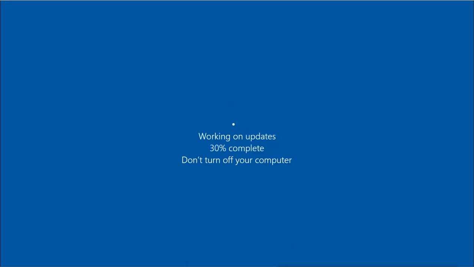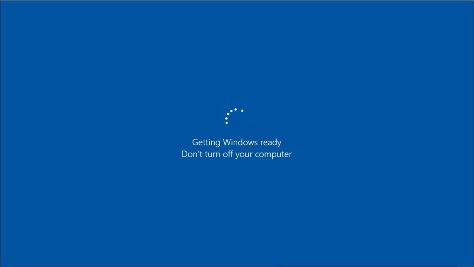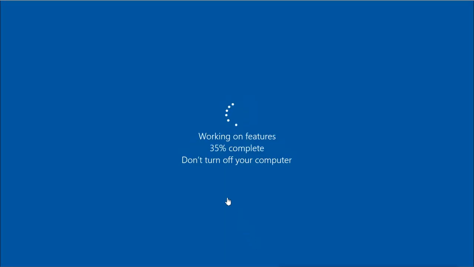30% completed, and now okay, 100%. Now it is restarting, and it is restarting again. And now see, it is completing the other features.